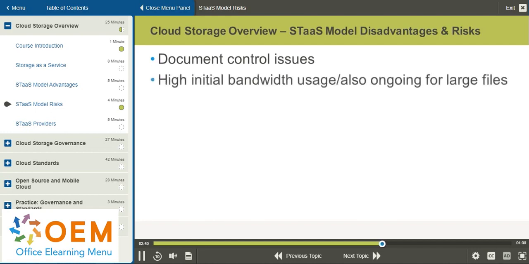High initial bandwidth usage and, of course, ongoing costs in terms of bandwidth for very large files. If you do start to implement a lot of large files in the cloud, then you certainly are going to pay for that because the more you use, the more you pay. So keeping your cost control at a manageable level is always